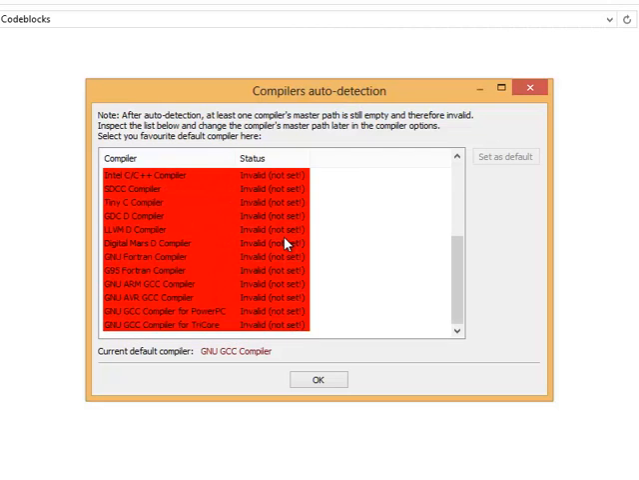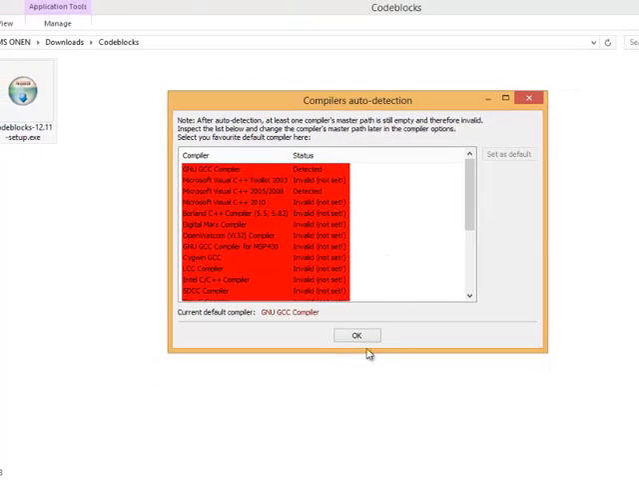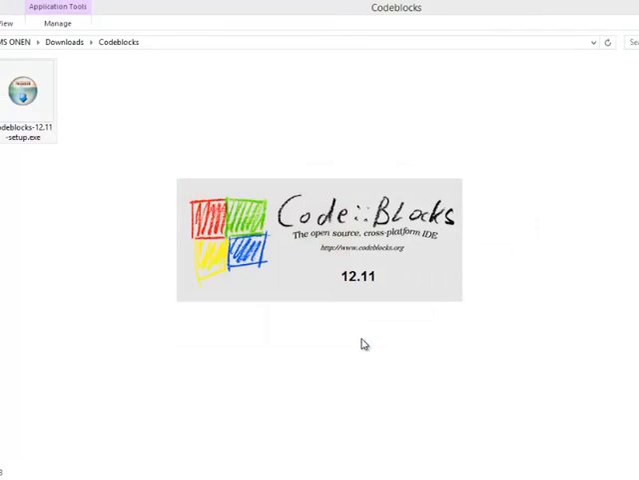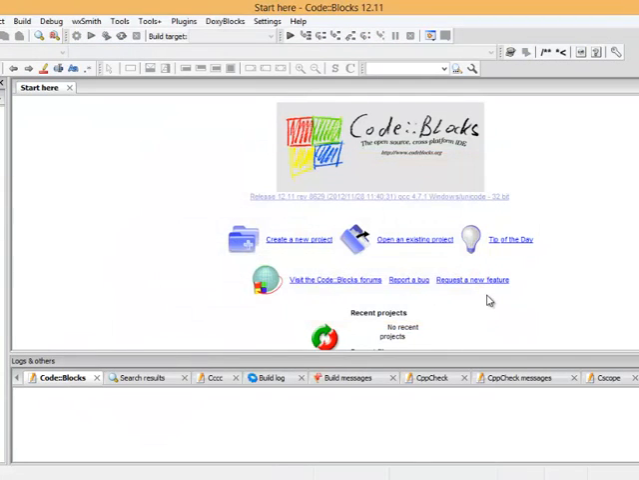Okay, none of this was detected, and it needs one of those to actually do the work, to actually compile. So I'll click OK, and it's actually going to start the program. I'll associate it to C and C++. This is the interface. But with that error we won't be able to run a program